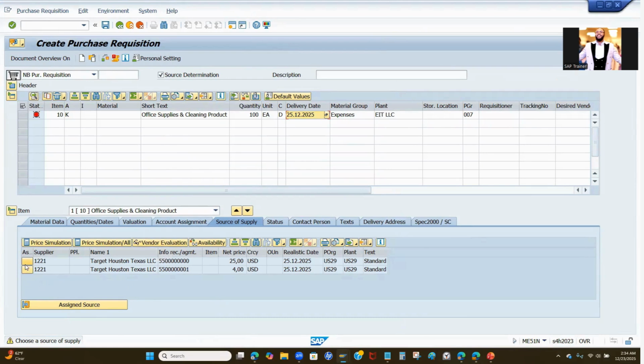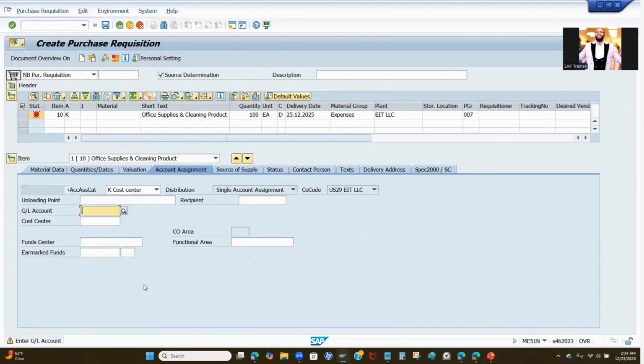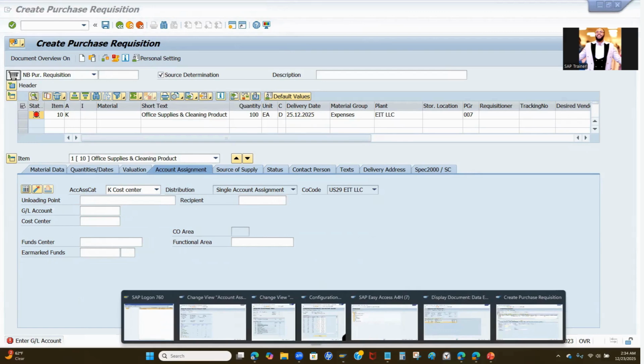And you can also see here that I've already created a different info record. So the system is also saying you have two options. Which of them do you want to choose? So I'm going to choose this one because it's the one we are using. So now I'm back to the screen where it's asking me for the GL account. So again, if I go back to OBYC,